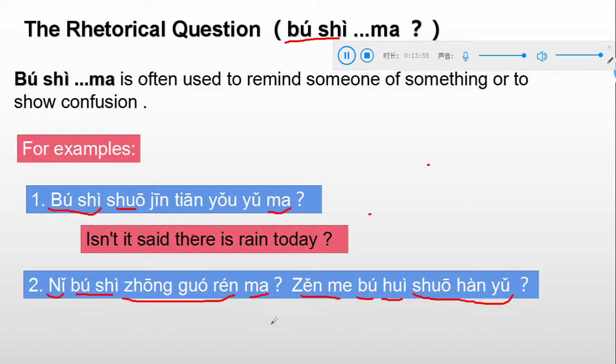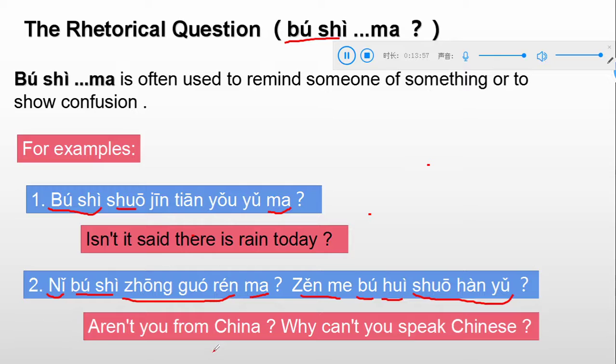Alright, now let's take a look at the English version. Aren't you from China or aren't you a Chinese person? They are the same thing. Why can't you speak Chinese? 怎么不会说汉语？